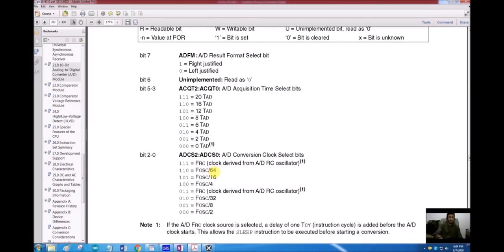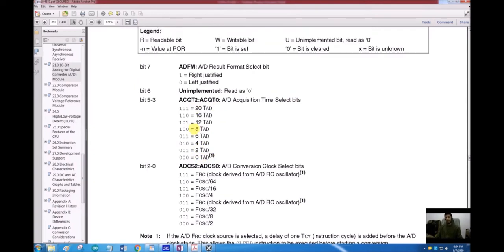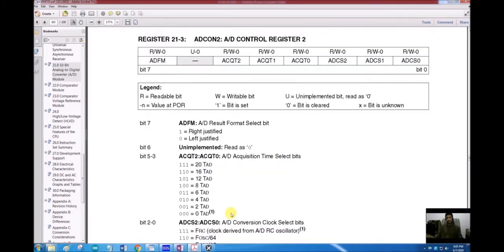So it depends upon your analog input sampling time, and then the acquisition time can be selected from 0 TAD to 20 TAD. So now what we are going to do is use the minimum acquisition time and minimum conversion time assigned to this ADC.